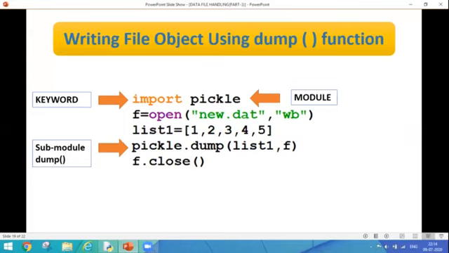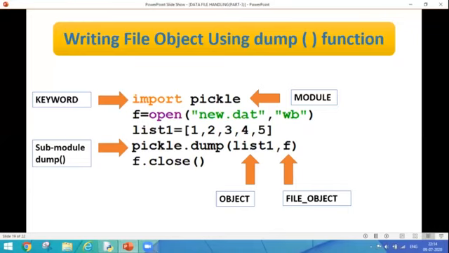For writing this, I'm using the statement pickle.dump, and inside the brackets, first I'm passing my object. list1 is my object, that means the data which I'm going to write. And f is my file object, which is known as a file handle through which I'm going to write it.